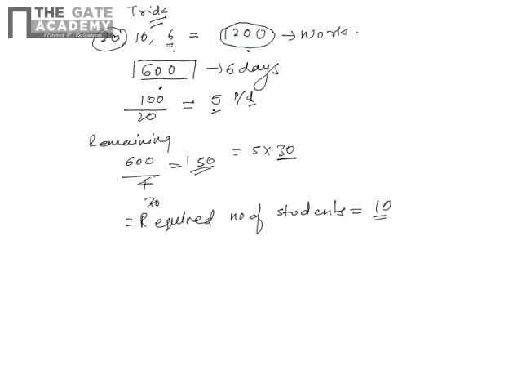So you understand, just take the LCM or the multiple, and the total work is 1200, so the remaining will be 600. The first half is done in 6 days, so 100 work is done per day. With 20 students, the per student efficiency is 5 work in 1 day. The remaining 600 should be done in 4 days, so it will come 150 per day. How will the 150 come? The value we take in the efficiency is 30. So the total number of students will be 30, and the additional required will be 10.